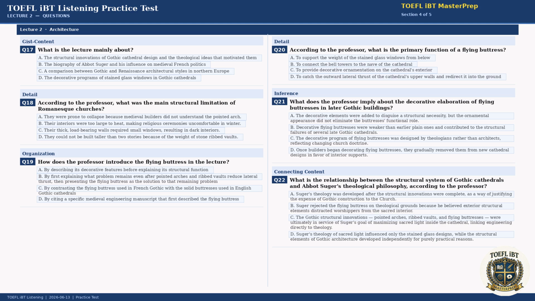Alright, let's shift our focus today to Gothic cathedral architecture, which emerged in northern France in the 12th century and spread across Europe over the next 300 years. What I want to do today is walk you through the key structural innovations that define Gothic design, because Gothic cathedrals are not just beautiful, they are extraordinary feats of medieval engineering that solved a very specific structural problem. How do you build a stone church that is both extremely tall and full of light?